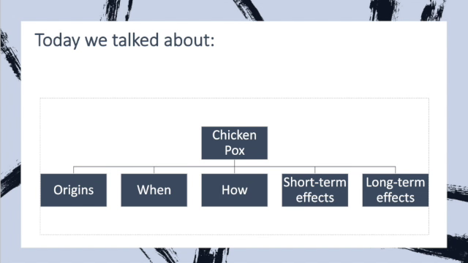In conclusion, today you learned about the Colombian Exchange of the chickenpox disease. We talked about the ancient origins, mentioning theories and detailed information about the disease. We also went into detail about when the Colombian Exchange happened and what it was. That was then followed up with how the disease was spread along with who it affected and what the chickenpox really is. Finally, we talked about the short and long-term environmental and social effects. We touched on the effects between the Native Americans and the Europeans along with major land effects. We hope you learned something new today.